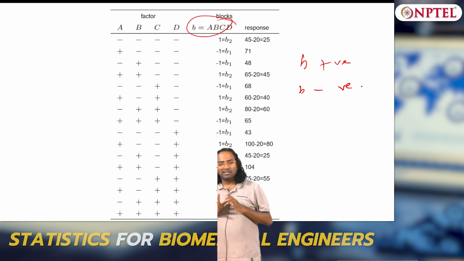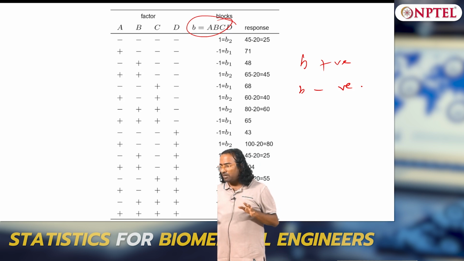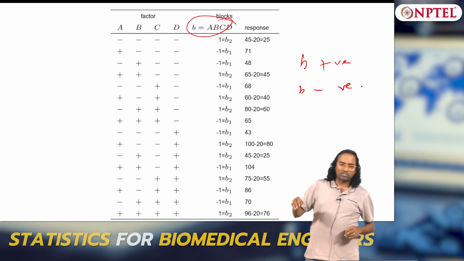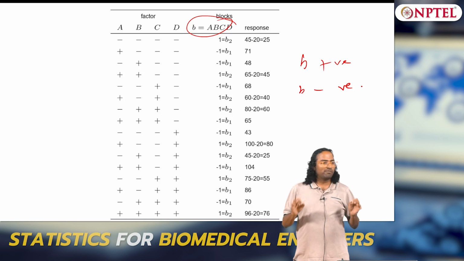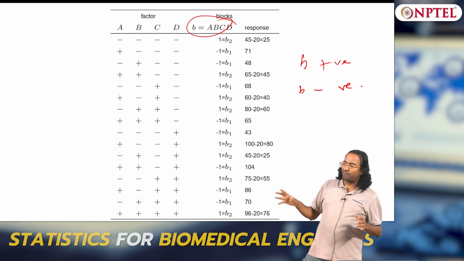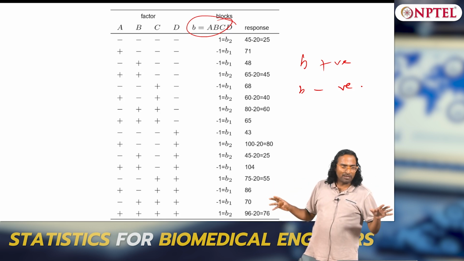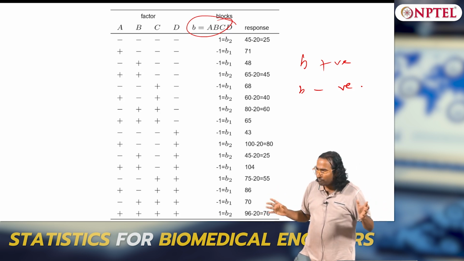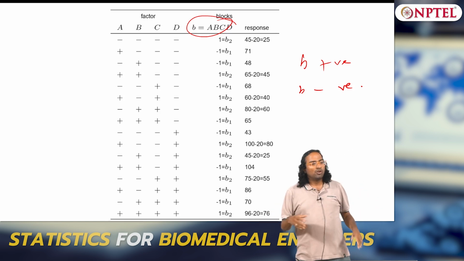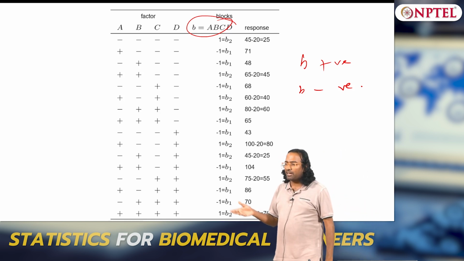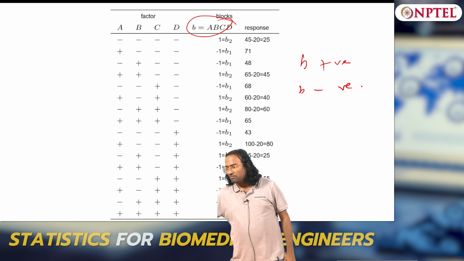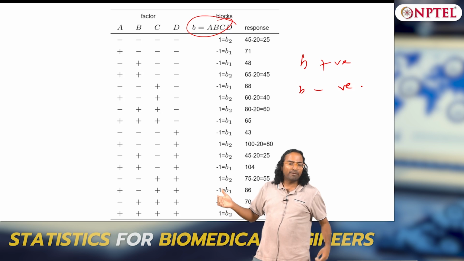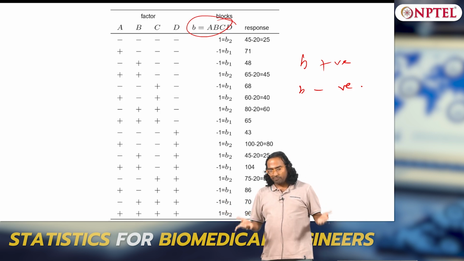So the simple logic is that confounding is invariable, and you will not be able to do so many experiments, so you will have to sacrifice something. You may ask what to sacrifice. Confounding means the effect of one factor cannot be separated from the effect of another factor. It may happen that the effect of A cannot be separated from the effect of AB, if you do improper blocking. That is also possible, and the effects of A and AB would not be separable.